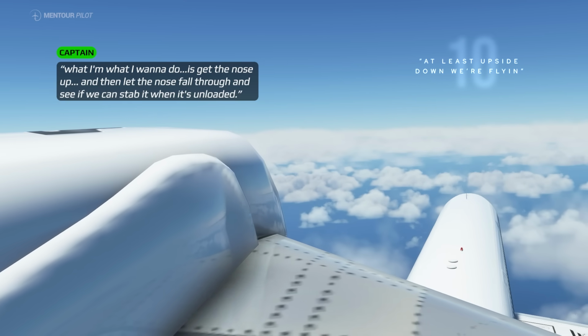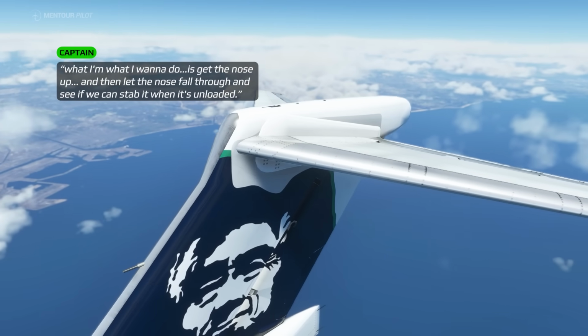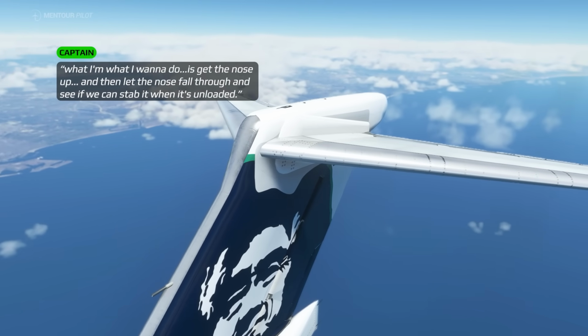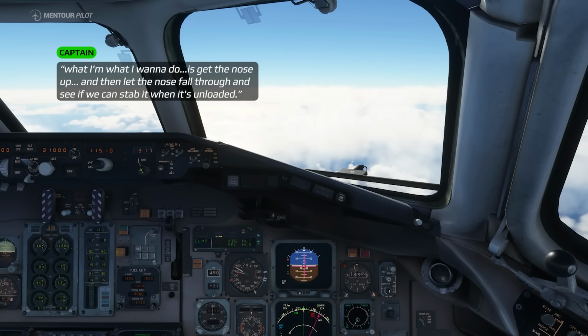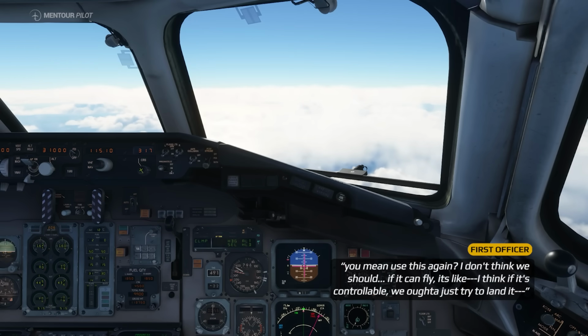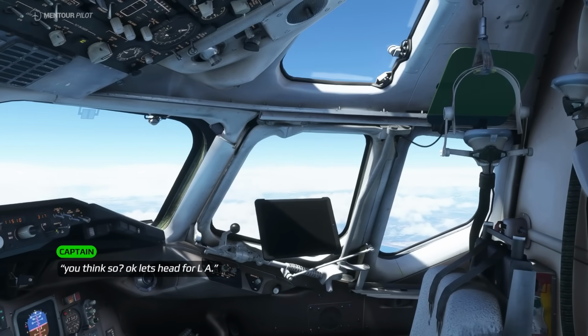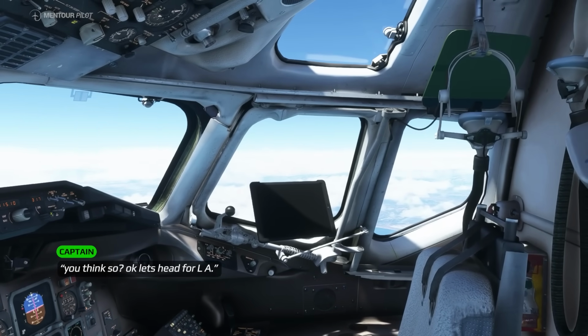by reconfiguring more times. Anyway, the next thing that the captain wanted to do was to try to unload the stabilizer and see if that would sort the trim problem out. But here, First Officer Bill put his foot down. He said that he didn't think it was a good idea to touch it again since the aircraft was flying, and he also said, "I think that if it's controllable, we ought to just try and land it." Captain Ted listened to him and agreed, again showing excellent CRM between the two, but unfortunately, this was just not